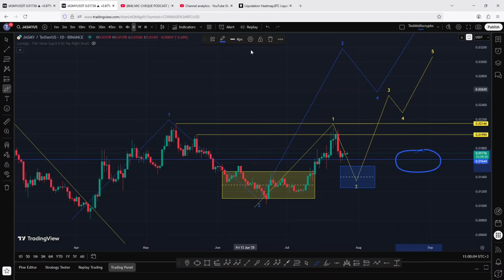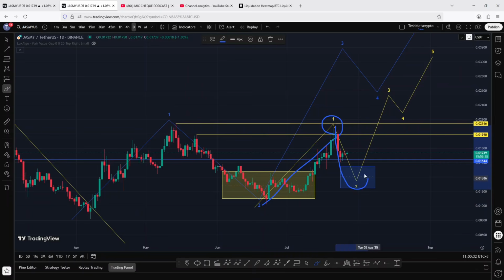And starting the video here on the daily chart, from the lows we made below the 0.0119, I have been observing a negative structure right here in yellow, where you can see that we have now picked impulsively in the formation of that first wave in a move that gave us a high above the 0.0209. And having picked impulsively in the formation of that first wave, I am now expecting a bit of a short-term